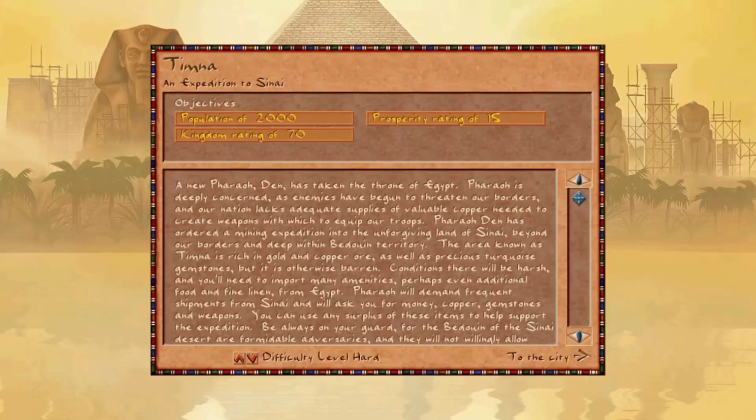A new pharaoh, Den, has taken the throne of Egypt. Pharaoh is deeply concerned as enemies have begun to threaten our borders, and our nation lacks adequate supplies of valuable copper, needed to create weapons with which to equip our troops. Pharaoh Den has ordered a mining expedition into the unforgiving land of Sinai, beyond our borders and deep within Bedouin